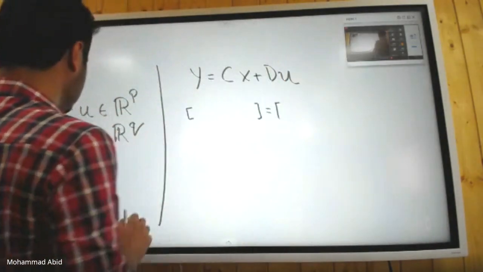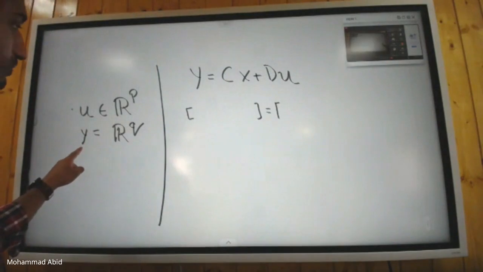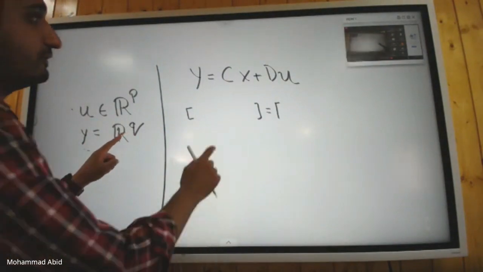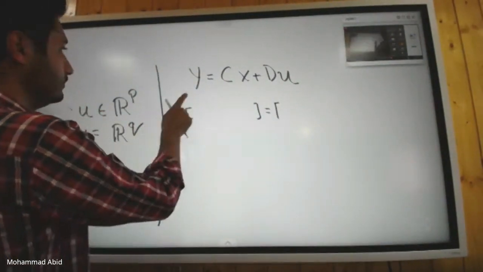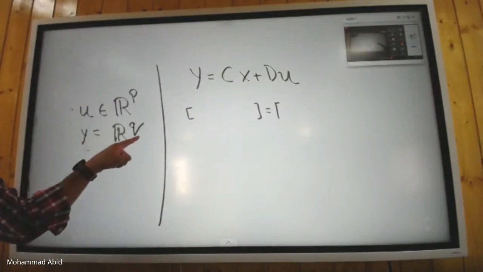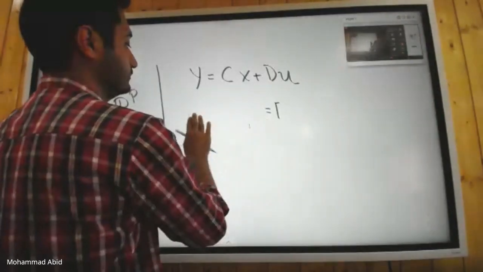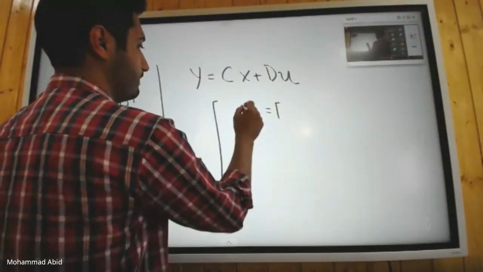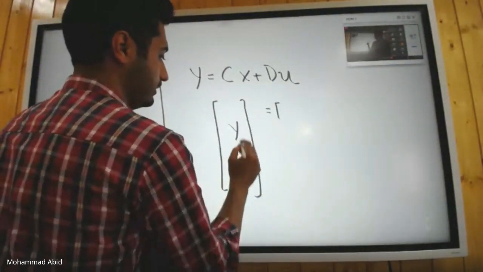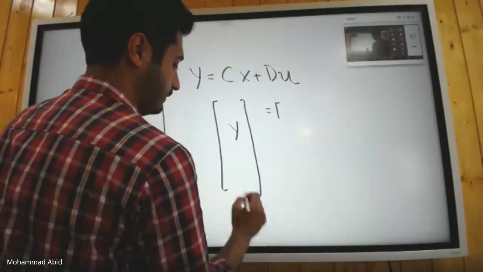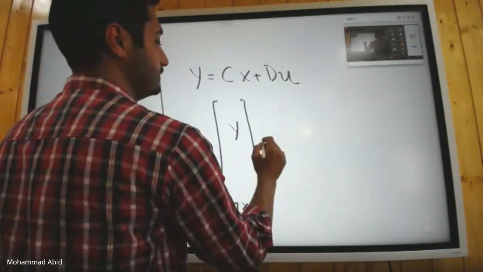Okay, I have assumed here multiple outputs also, isn't it? I have q outputs. So what will be the dimension of first of all the y? It's q cross 1, isn't it? Q cross 1, yes. So this is the vector. This is your y, q cross 1. And this is equal to